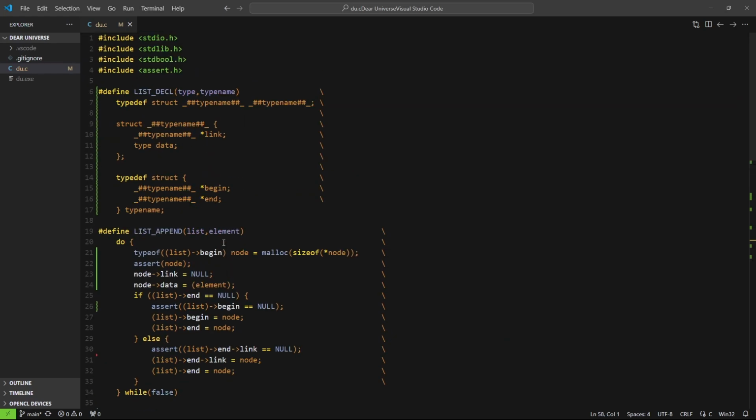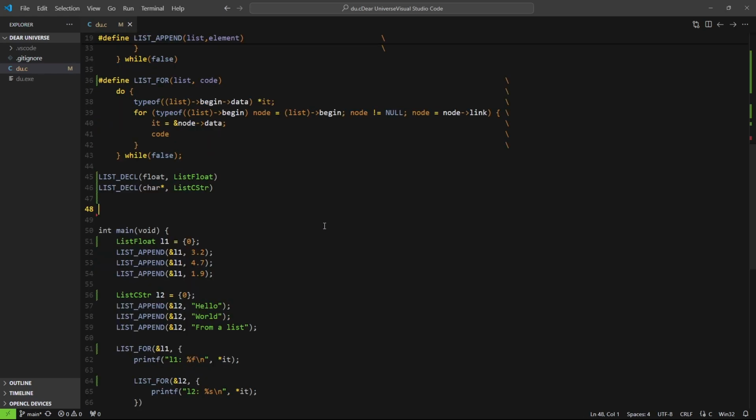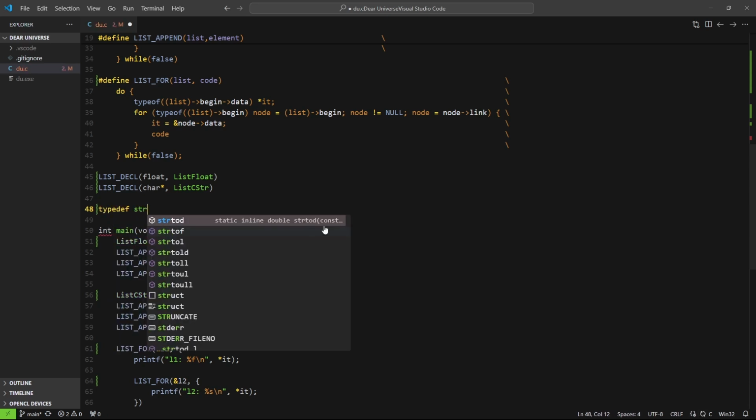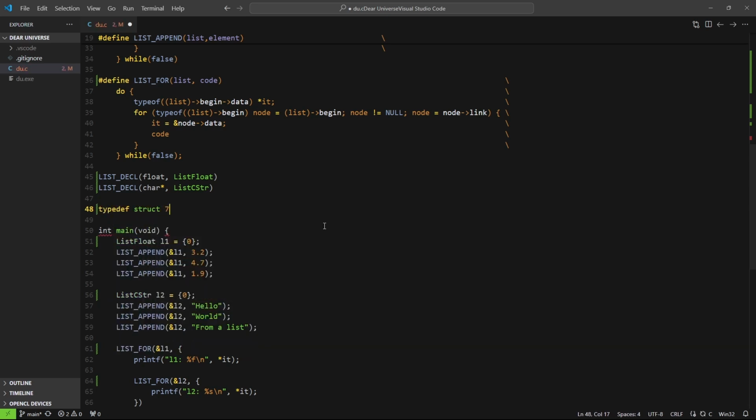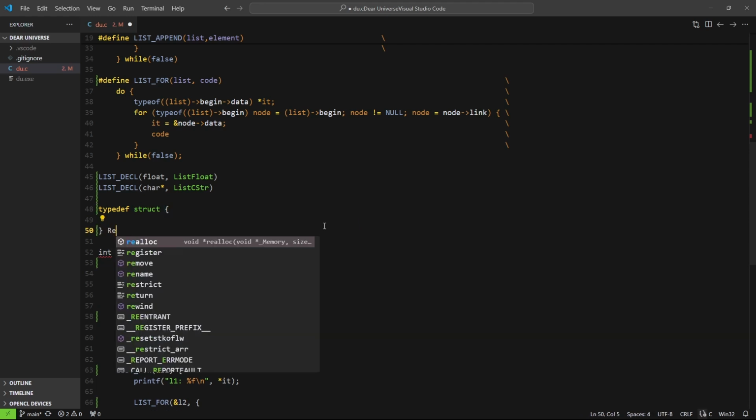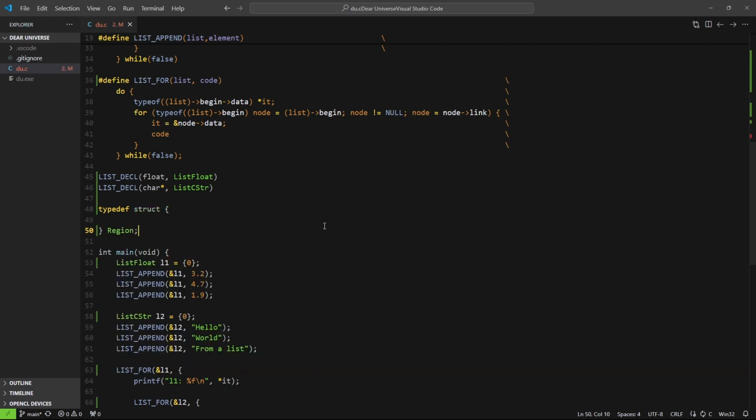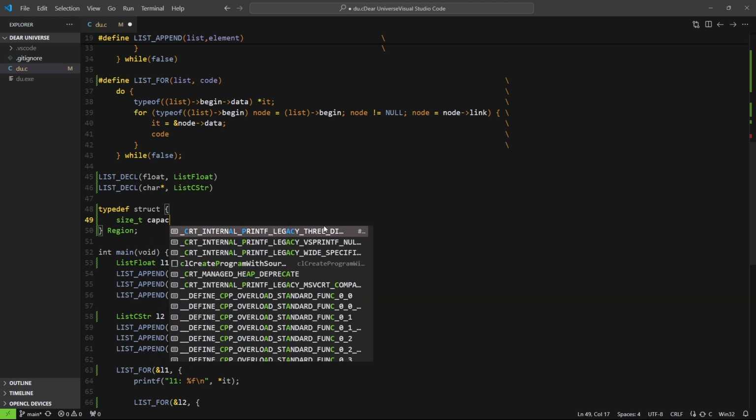So I think we can start. Alright, so I think that the first thing we can do is to create a struct that holds our region. So we can say something like typedef struct region. Alright, and a region is going to contain a few things. The first one is the capacity itself, and I think I'm going to store it in size_t, capacity,